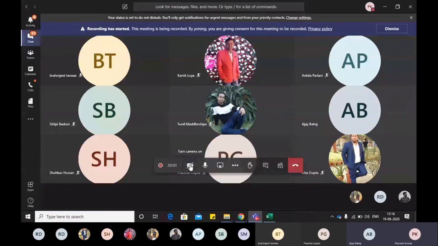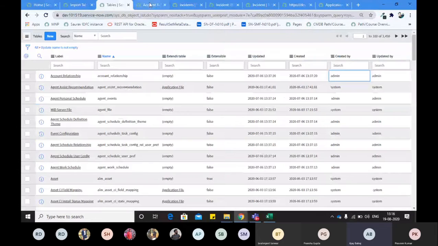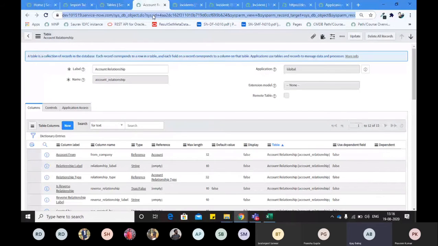I was asking that too, but suppose I want to create a table and the action fails. Suppose I'm doing any kind of activity and I fail to do it. Is there any log in ServiceNow that will notify us that this user tried to create this and failed? Okay. Out of the box, let me show you the log table.